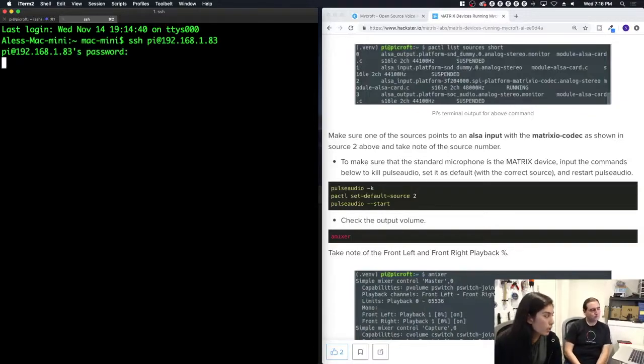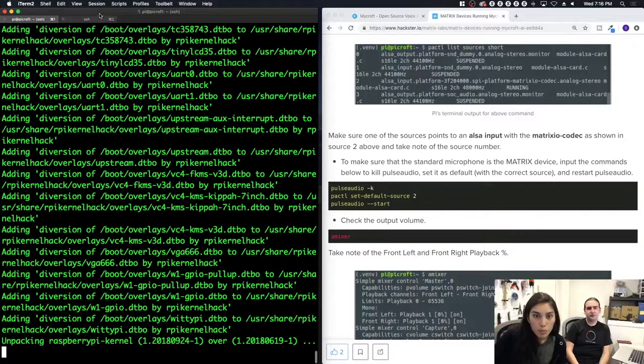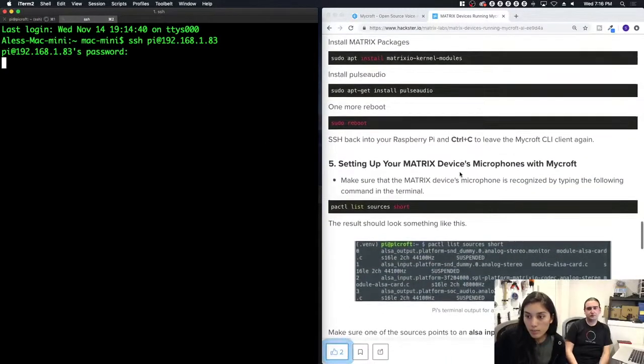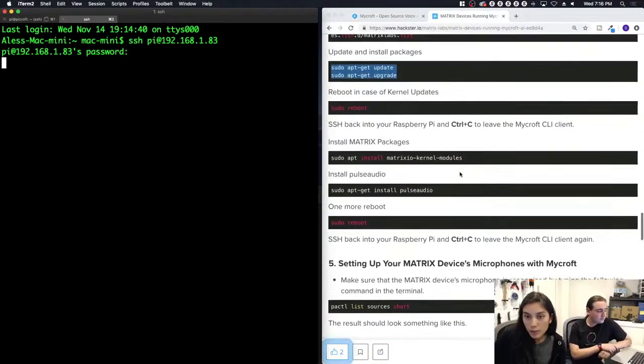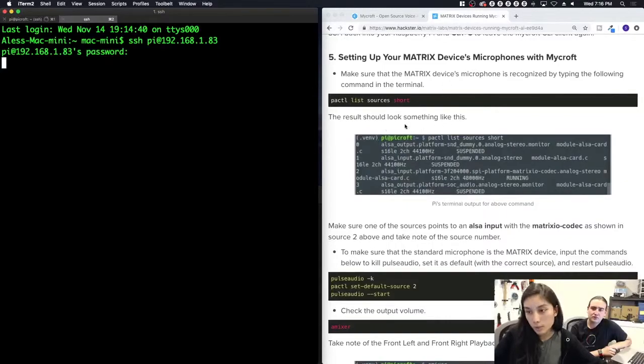I'm trying to think what it could be, but I'm not sure. Not sure either. Oh well. Well, yeah, it's okay. So after that, we're going to install the kernel modules and install Pulse Audio, reboot, and then we'll get to this part where we check what sources of